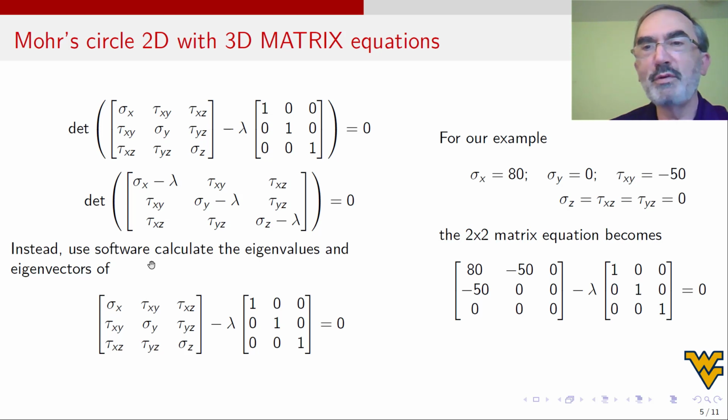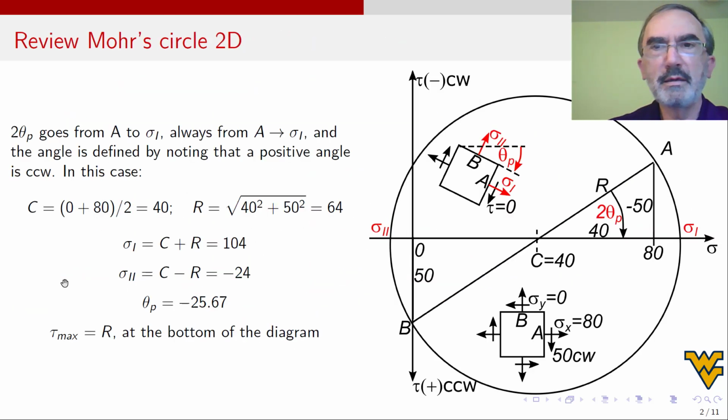Use your software. Since we're going to use Scilab or MATLAB, just use the software to calculate the eigenvalues. What are the eigenvalues? The principal stresses. And the eigenvectors, what are the eigenvectors? The eigenvectors are the directions of the stress element. Okay, this stress element is a different direction from this. The eigenvector will tell us how to rotate this. So the software, MATLAB, Scilab, you name it, is never going to give us an angle. It's going to give us eigenvectors, and I will show you what to do with them.